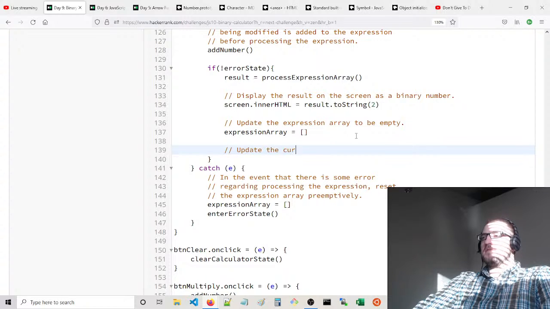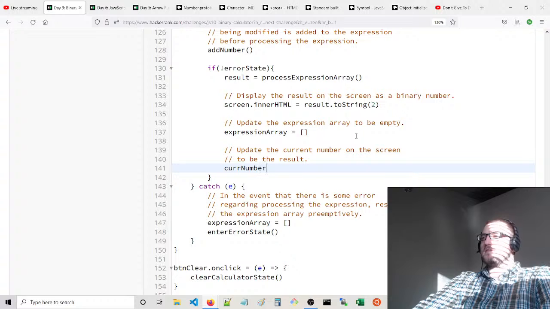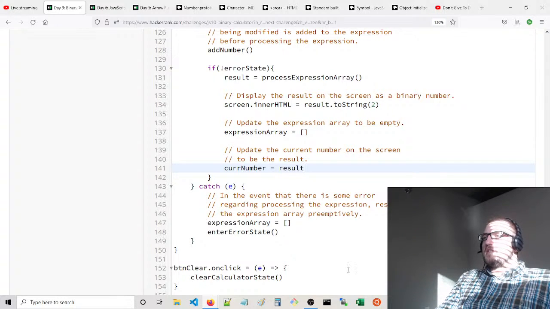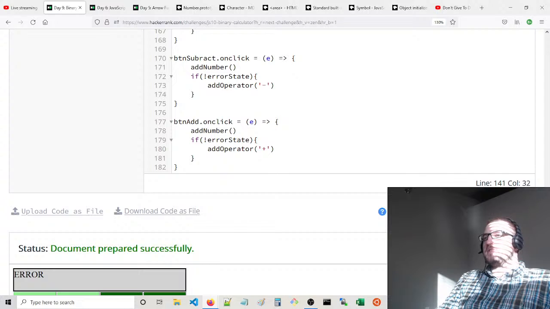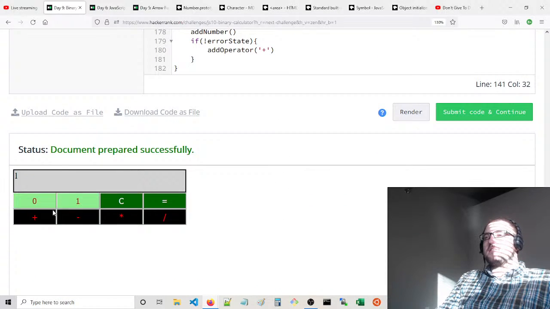Take the current number. That's why. That's why the behavior seems very odd, very strange, because that's actually what we're going for. So we want that current number to be equal to